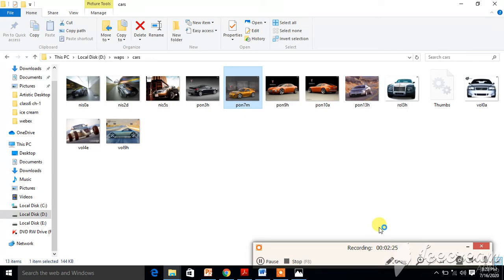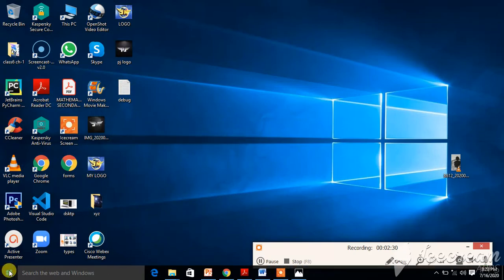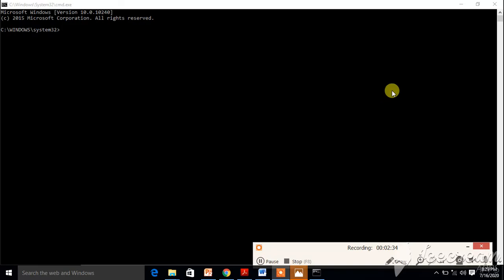Next, we'll discuss command user interface. In command user interface, we have certain commands like this. Currently I'm in the C drive, Windows System32. I want to come out of this folder, so I use the cd dot dot command. So this will come out, cd dot dot. I'll come out of this drive.